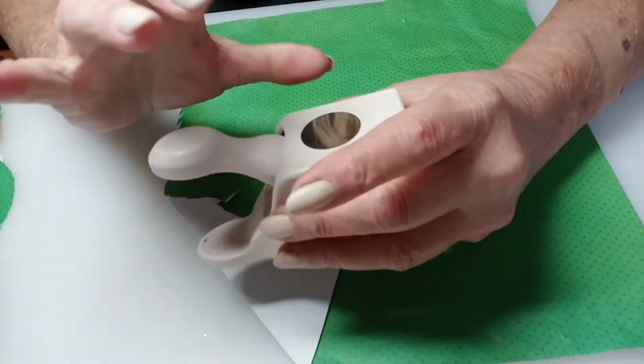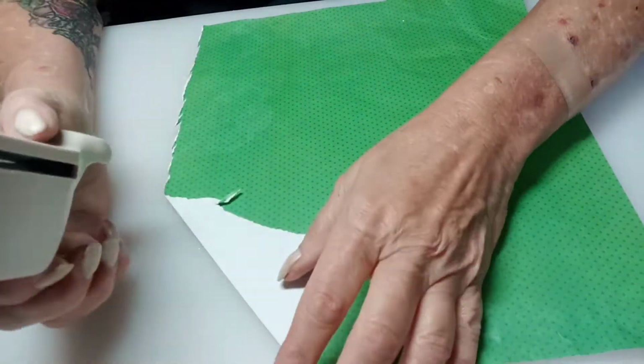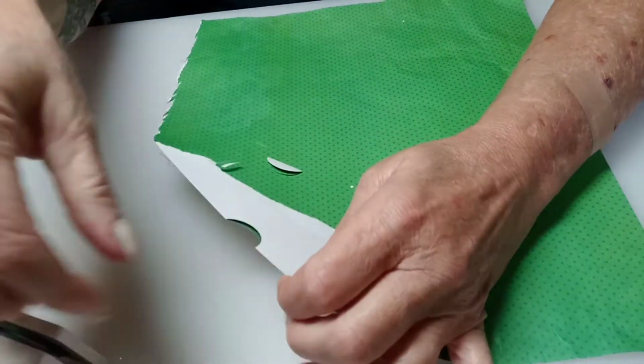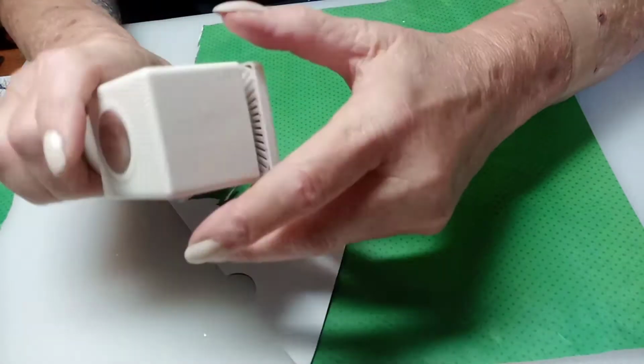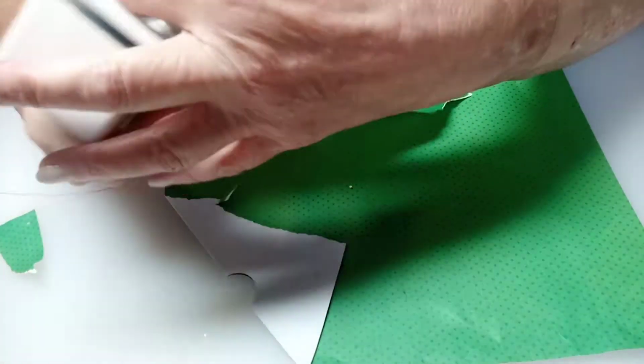We talked about the circle hole punch yesterday. As I said, I use it for envelopes to make little thumb holes so you can reach in and get things out better. When I have scrap pieces of paper, I cut out, like this little scrap, and you can cut out bunches of circles with it to